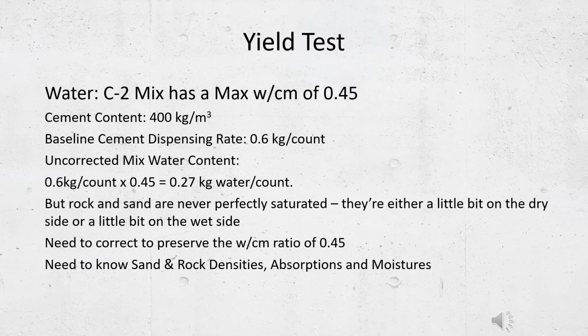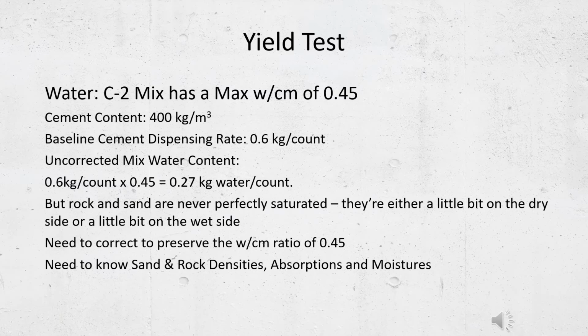We should ensure that our admixtures are set to dispense at the correct rates to attain our target slump and air contents, and that our water dispensing rate will not exceed a moisture-corrected water to cementing materials ratio of 0.45 as mandated for a Class C2 exposure mix. For example, if our mix design has 400 kilograms of cement per cubic meter and the mobile mixer unit is dispensing cement at a rate of 0.6 kilograms per count as determined from our baseline calibration,